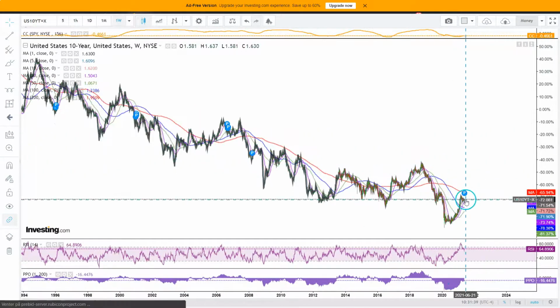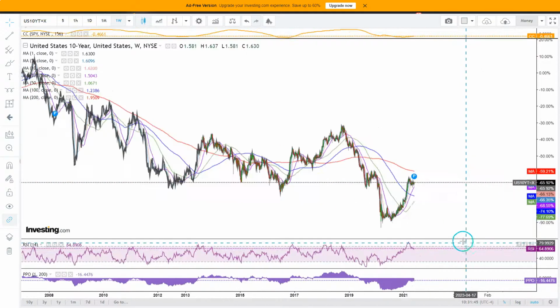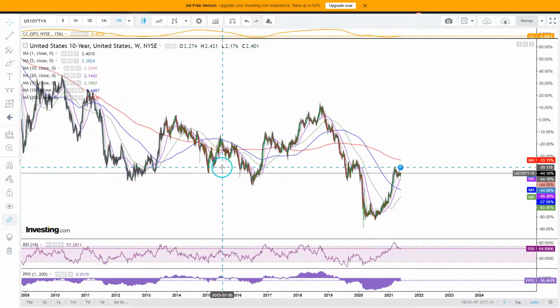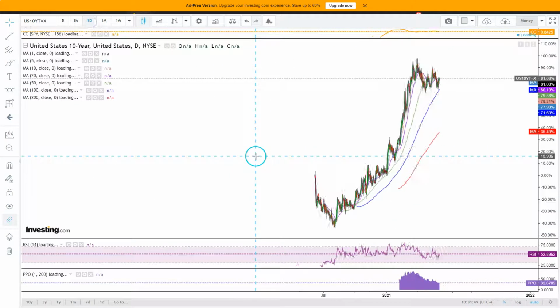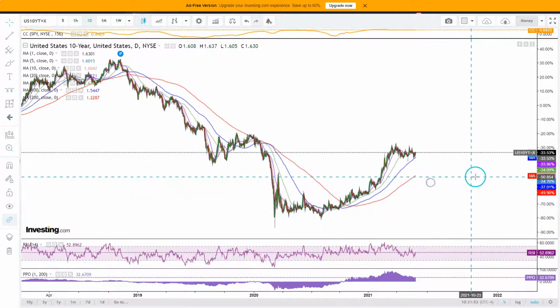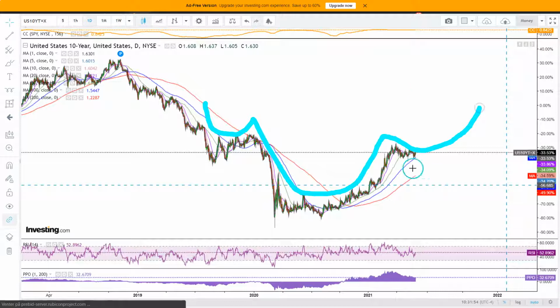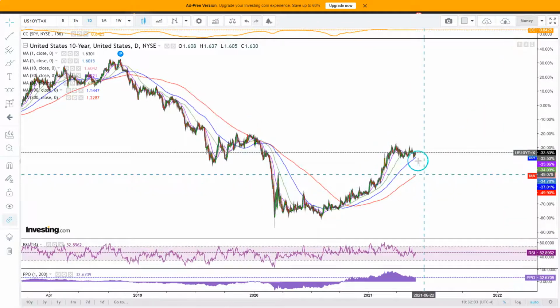By the way, this recent pullback in the 10-year came after we had an excessive RSI, historically very excessive, and we also met horizontal resistance. So it wasn't like a huge shock when it came. Here are the daily data points, and you can see this relatively nice formation of the inverse head and shoulders pattern, and the breakout to the upside would be a very big deal, because